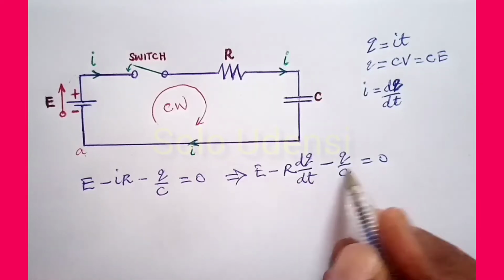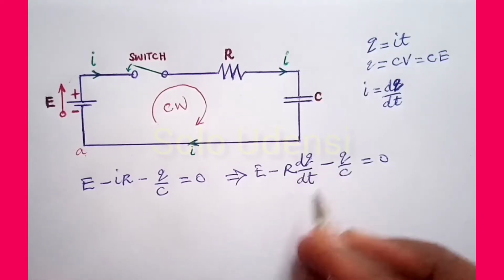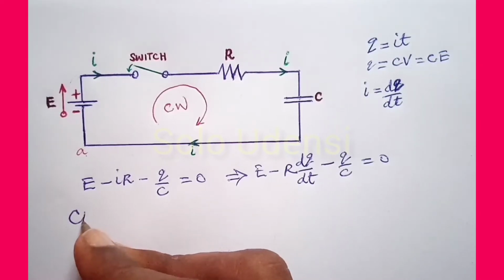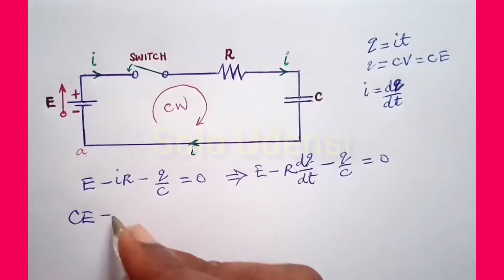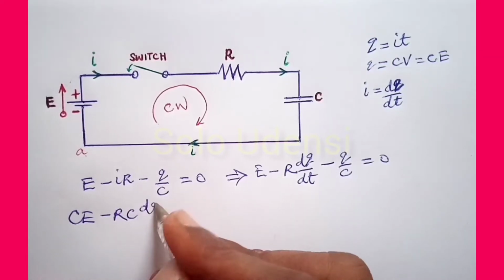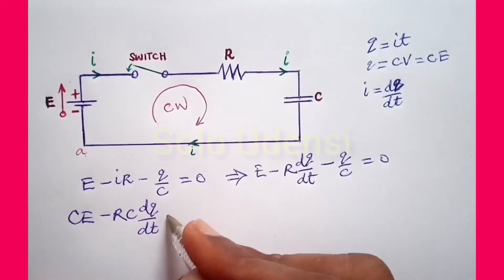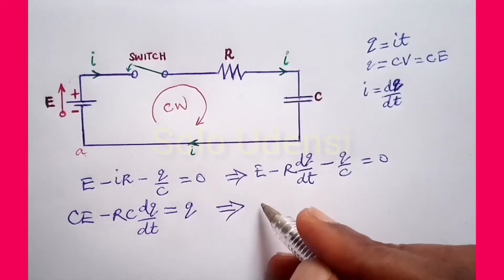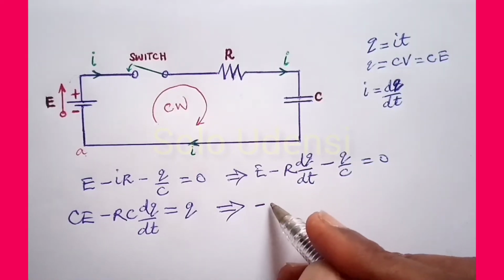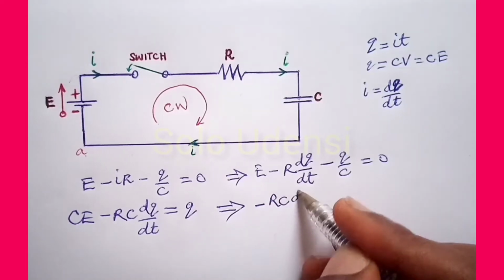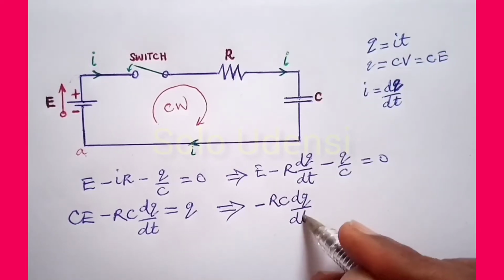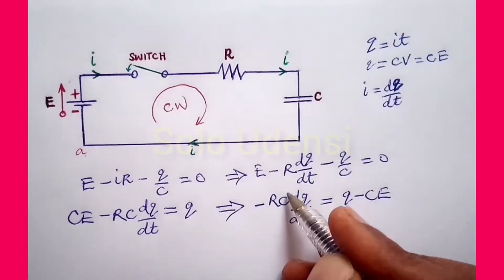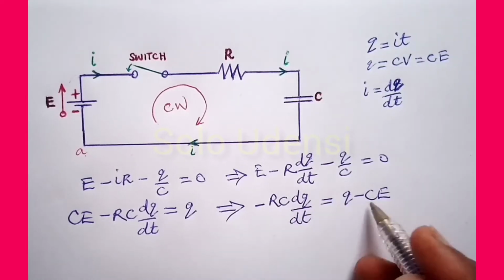If we multiply through by C, we will have CE minus RC dq over dt is equal to Q. If we further rearrange this, we will have that minus RC dq over dt is equal to Q minus CE. If we divide these two sides by RC,